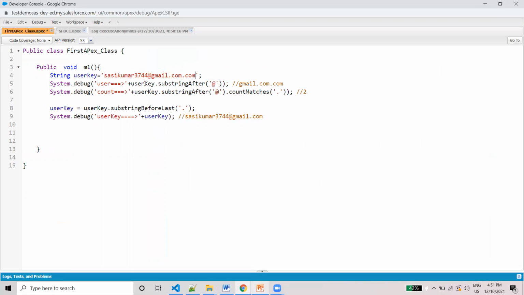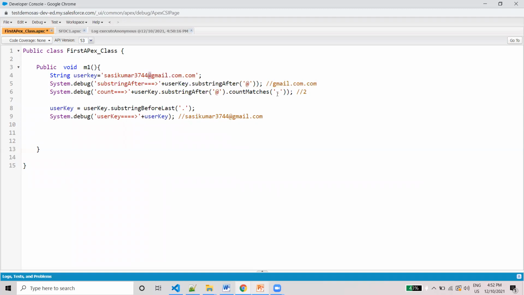If you want to get everything after the at sign, you need to use the string dot substring after, with the value. If you use substring after at, then all the values after that will be printed here. Also, substring after, and count matches.